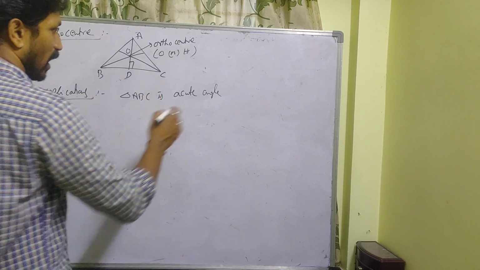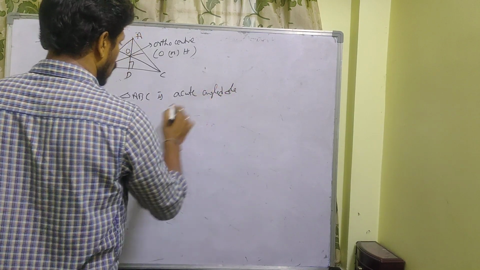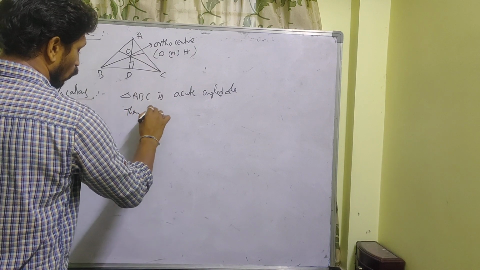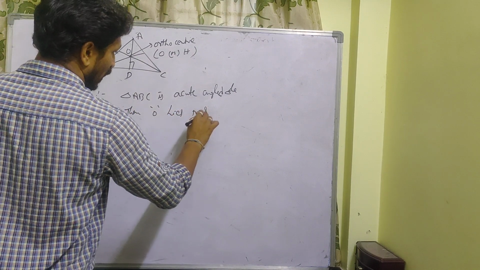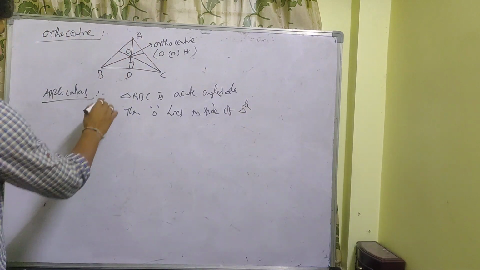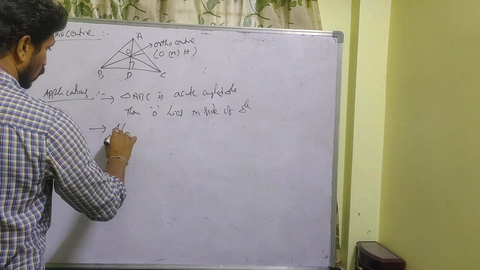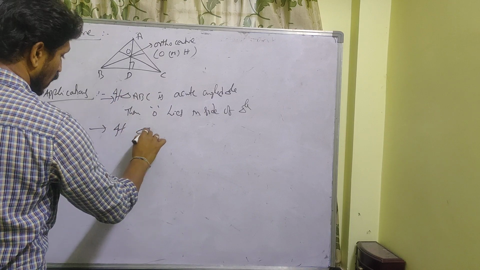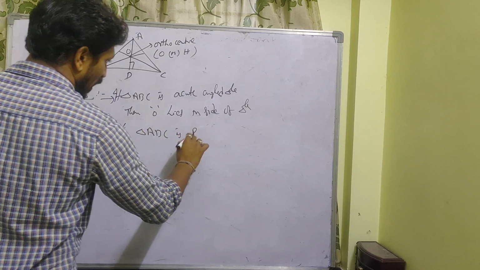If the triangle is acute angled, then O lies inside of the triangle. If triangle ABC is a right angle triangle,